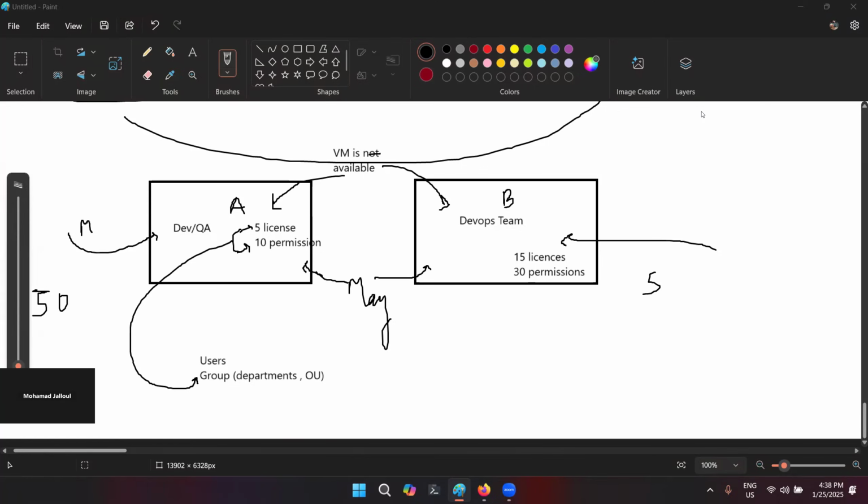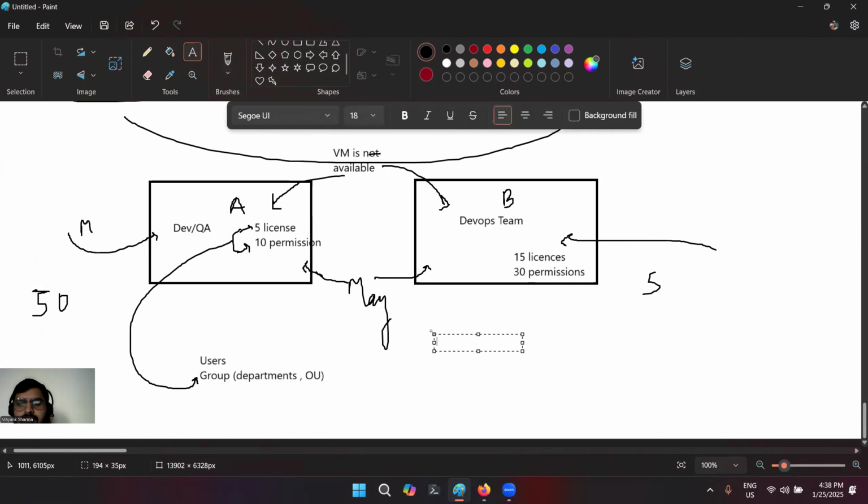Okay, no issues. Now, here you need to understand one thing, guys. This is an interesting thing particularly in cloud. There are two types of denies. If you are adding any kind of deny policy, there are two types of denies. First is implicit deny, and the second one is explicit deny.